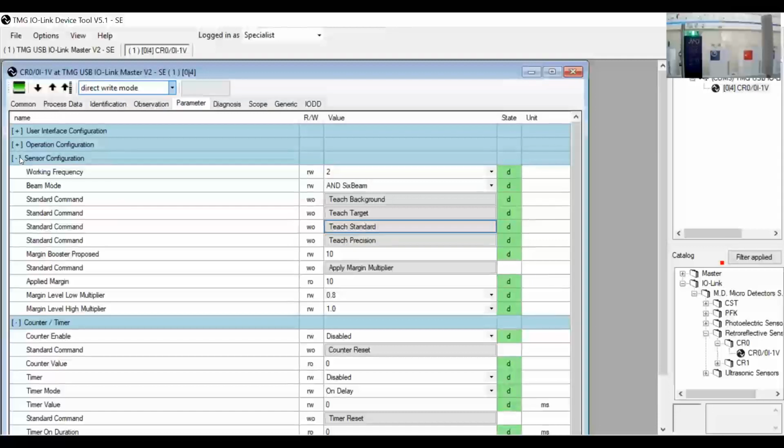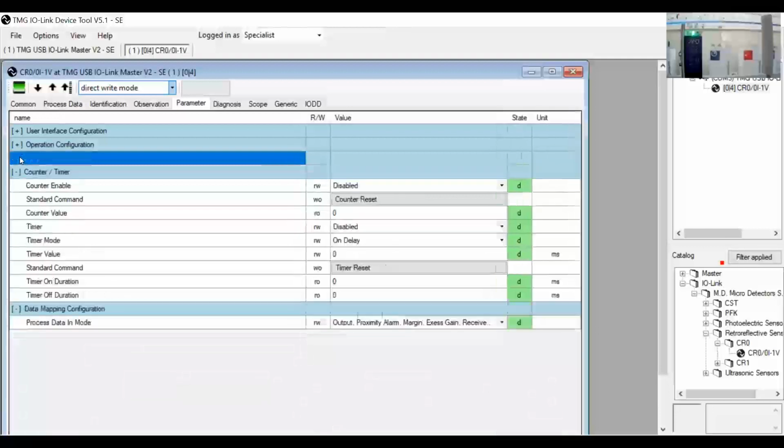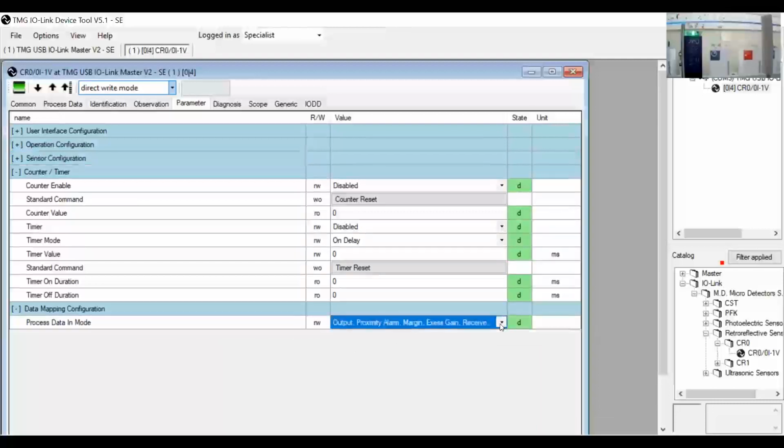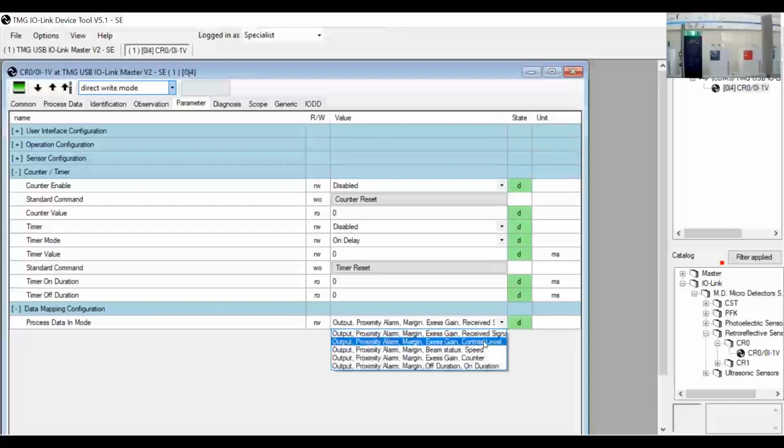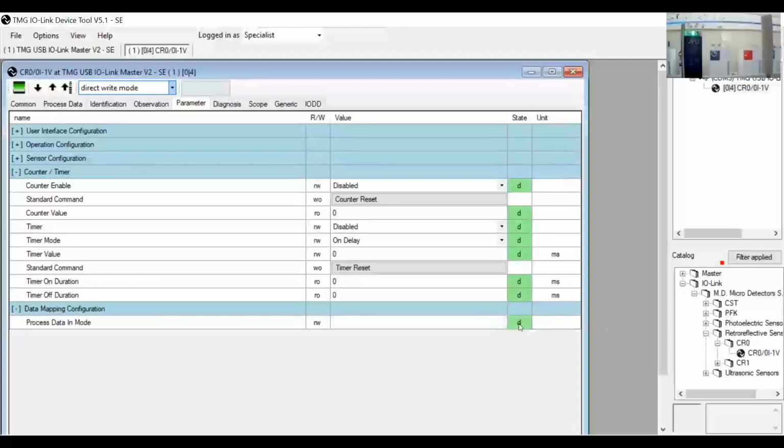In the last section, we have some information regarding the counter. In fact, you can have some events that start on timer, on temperature, on delay, and so on. And you can also change the process data. For example, if we change the process data that we see in the